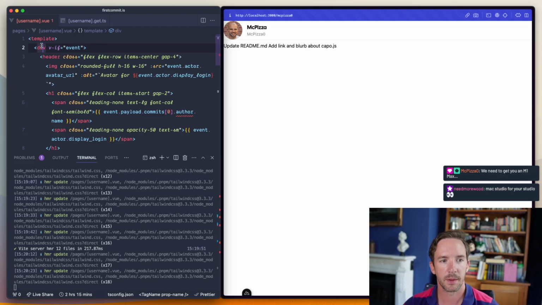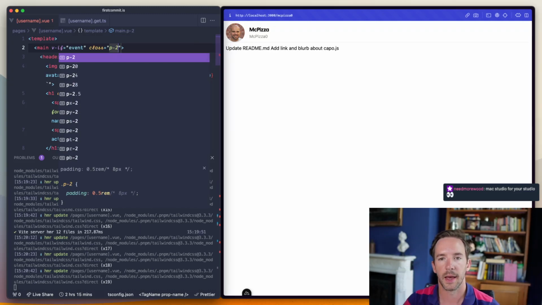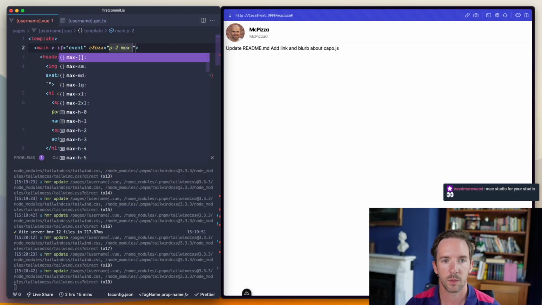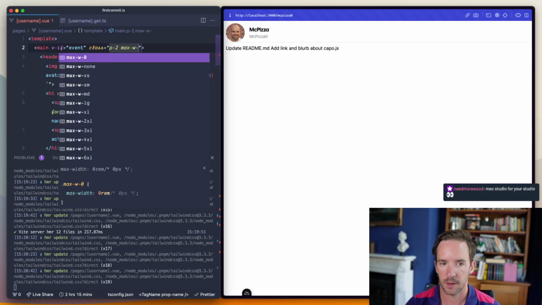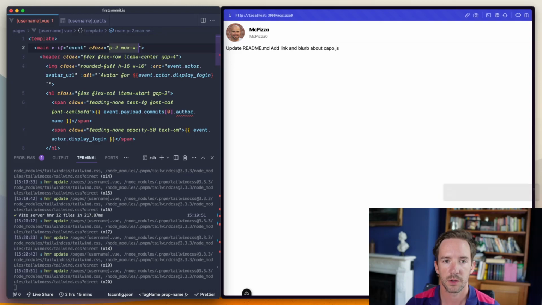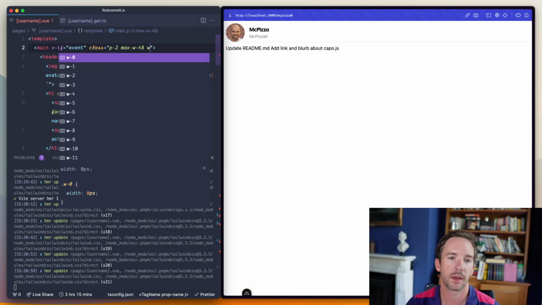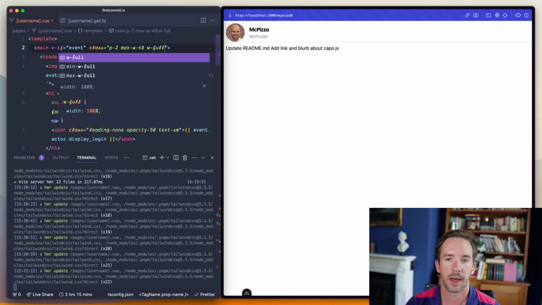Like we'll make this a main and do something like padding 2 and max width 200. Is that too much? Max width 48. I probably should do something like that. And then we would want to do something like width full, and